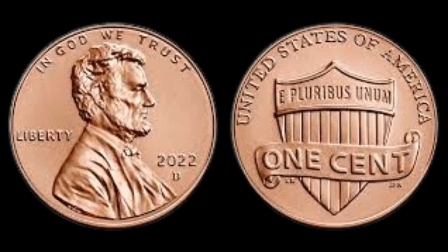And this journey begins at the United States Mint in Denver during the year 2022, a time when the mint was producing hundreds of millions of new pennies bearing the now standard Union Shield reverse design introduced in 2010, paired with the timeless Abraham Lincoln bust on the obverse, and in the middle of this mass production effort, amid automated machinery and high-speed presses, something went spectacularly wrong during a brief but critical window of the minting process,